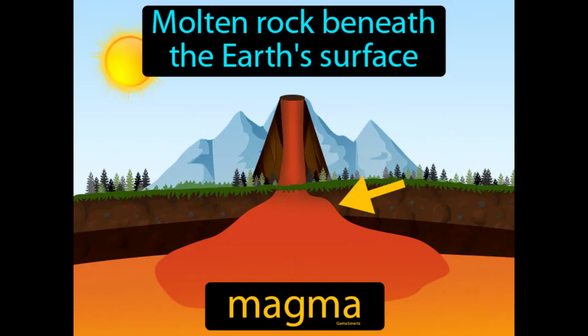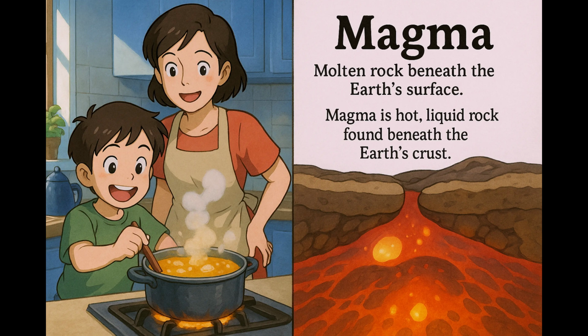Molten rock beneath the Earth's surface, magma. Magma is hot, liquid rock found beneath the Earth's crust. Imagine you have a pot of soup simmering on the stove, with bubbles occasionally breaking the surface. This bubbling soup is like magma, which is molten rock simmering beneath the Earth's surface, occasionally making its way to the top. Just as the soup bubbles up because of the heat from the stove, magma rises due to intense